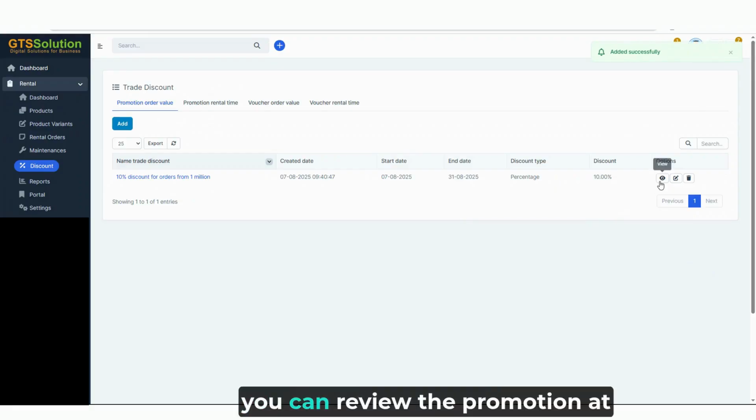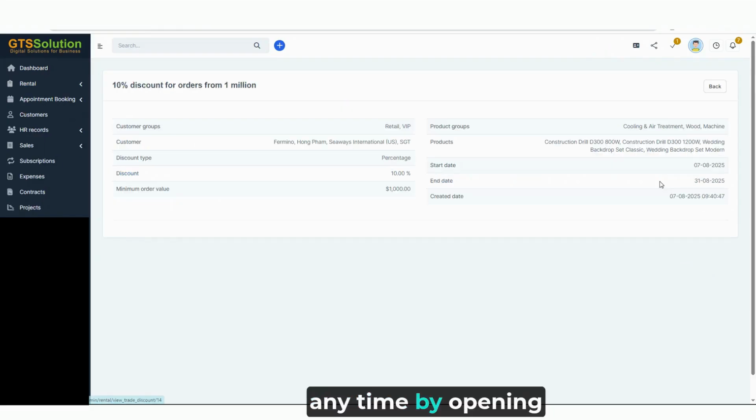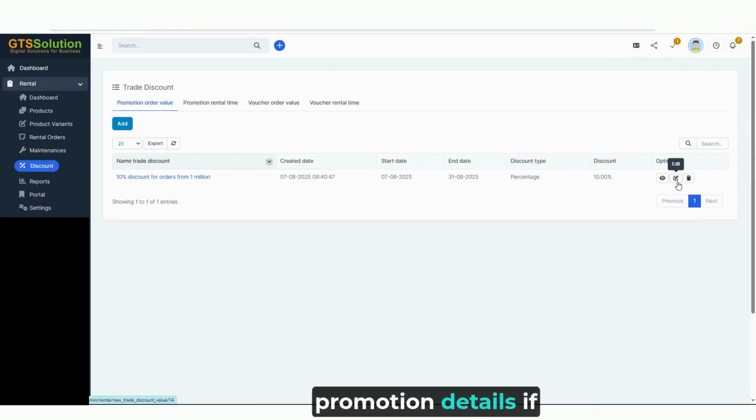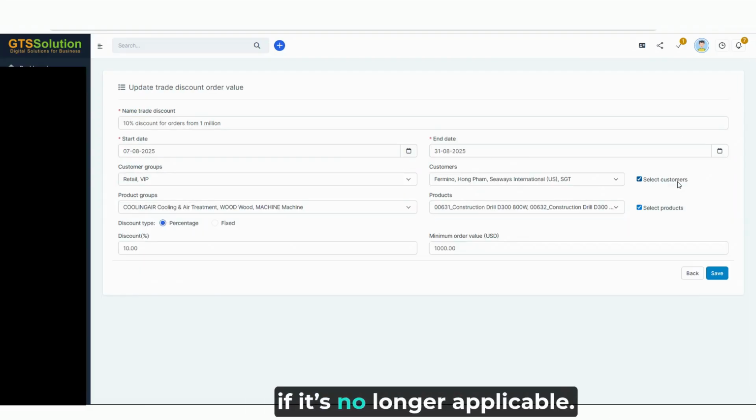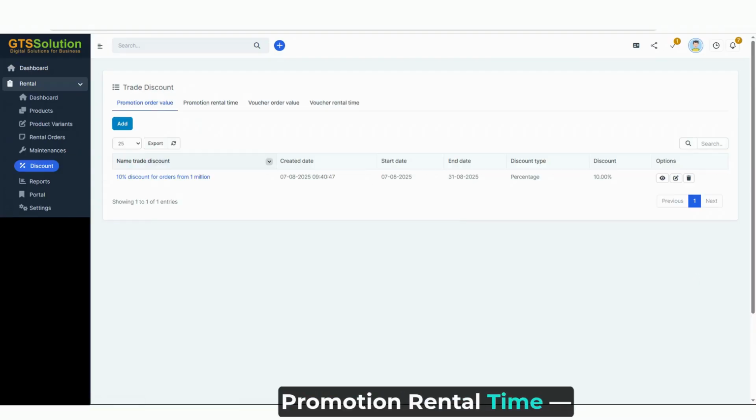After saving, you can review the promotion at any time by opening its detail page, where you can view all configured settings. And you can also update the promotion details if changes are needed, or delete the promotion entirely if it's no longer applicable. Next, we'll learn how to create a promotion rental time, an automatic discount program based on